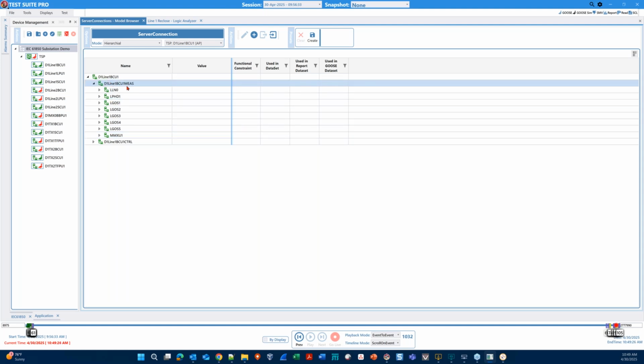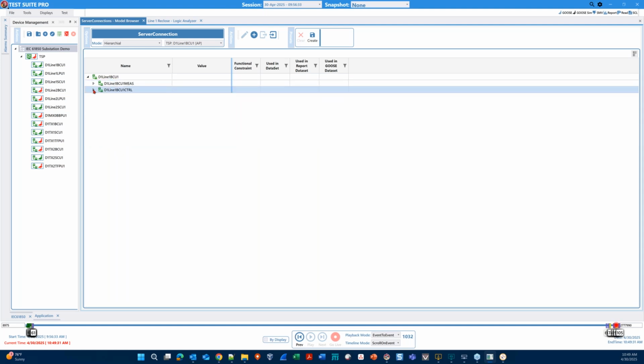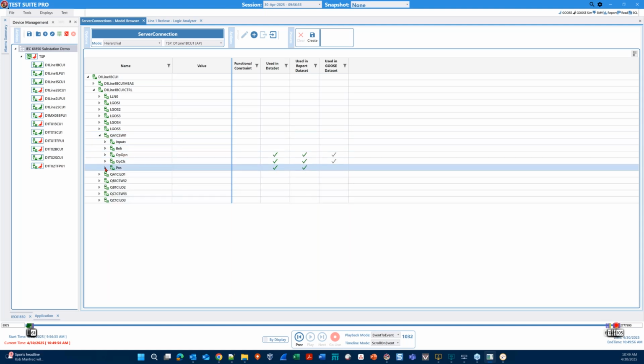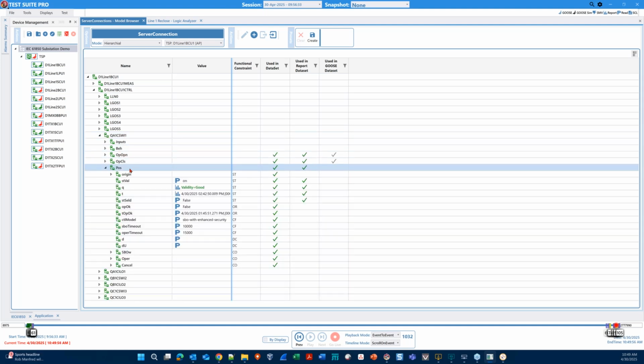Now, as we spoke about before, there were actually two logical devices on this BCU, the other one being the control logical device. And as I stated in the first demo, this is where commands will come down from SCADA in order to operate a particular breaker. So QA1, that might sound familiar. We just talked about breaker QA1 when we were looking at the switchgear control unit. But now this is the CSWI, the switch controller for that breaker. So if I wanted to operate the position value, as an example, for this